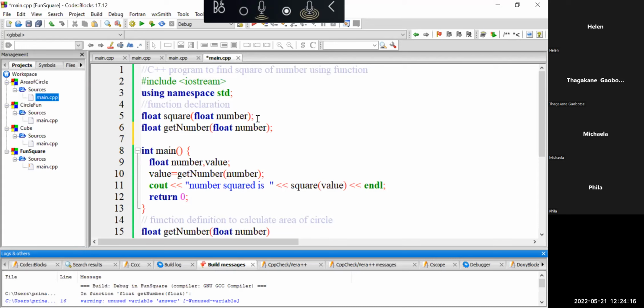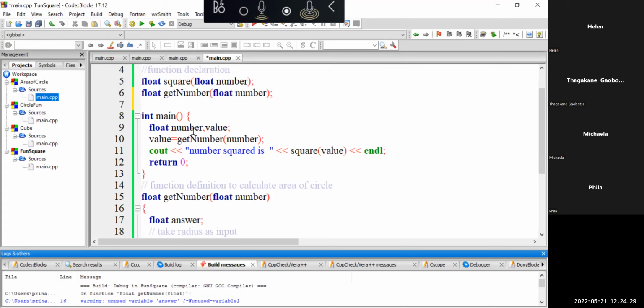But don't worry. So in this story sum that I'm telling you, this story has two functions, and the functions are called square and get number. And both the functions have parameters. The main function starts at line number 8. The main function has two